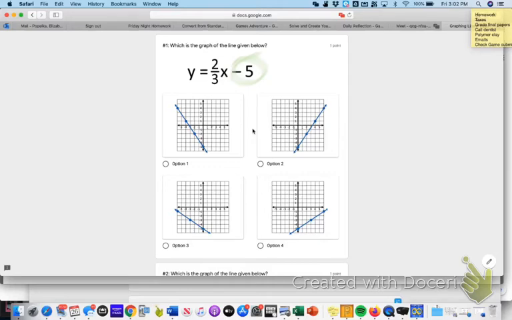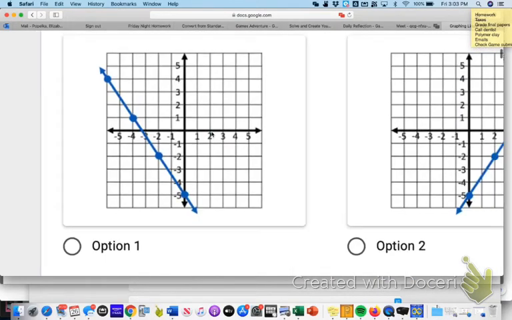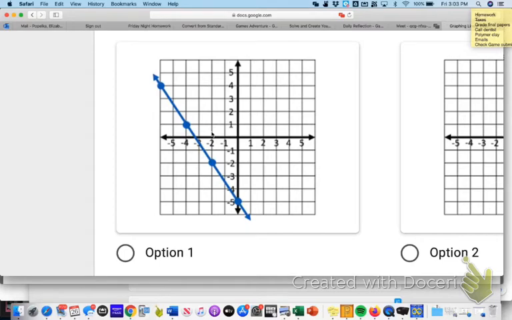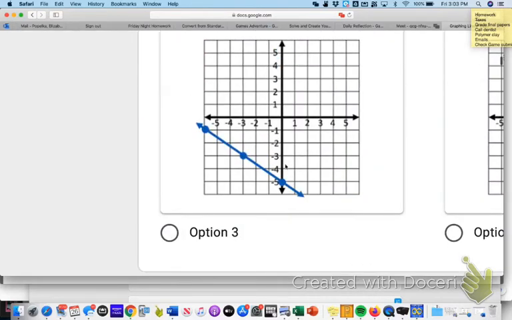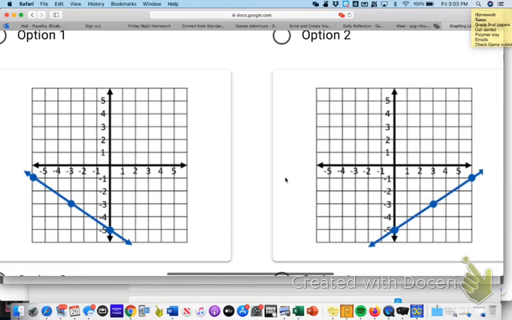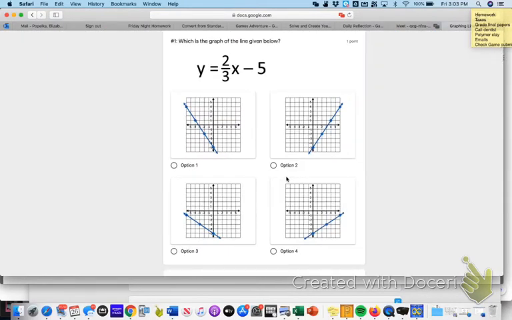So I'm going to zoom in here and take a look at those first. If I zoom in on option number 1, I can see that that does hit the y-axis at -5. So that one's still a possibility. Option number 2 also hits the y-intercept at -5. And if I look at option 3, I see the same thing, and option 4. So the y-intercept doesn't help me because they all have the right y-intercept. So now I'm going to use the slope. I notice, first off, that that is a positive slope. It's a positive 2/3. So that means,